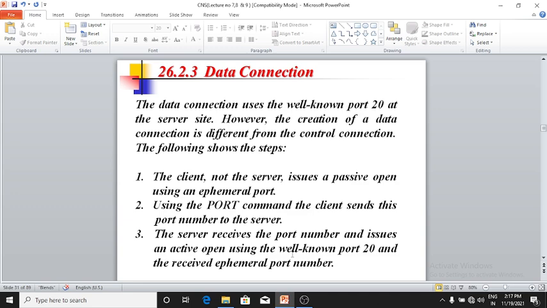Second, using the PORT command, the client sends this port number to the server. Third, the server receives the port number and issues an active open using the well-known port 20 and the received ephemeral port number. Clear?